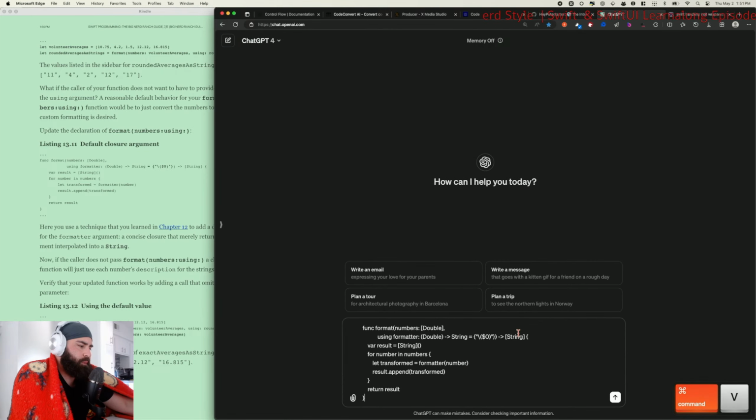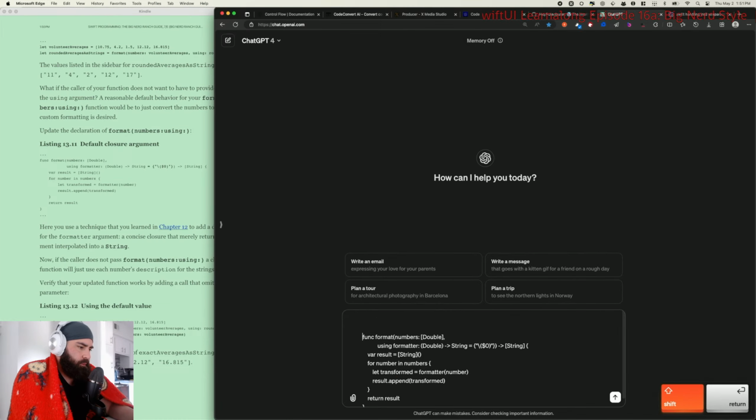So I want it to tell me that $0 is referring to the single element tuple that's there. So, given the Swift lang below, is the